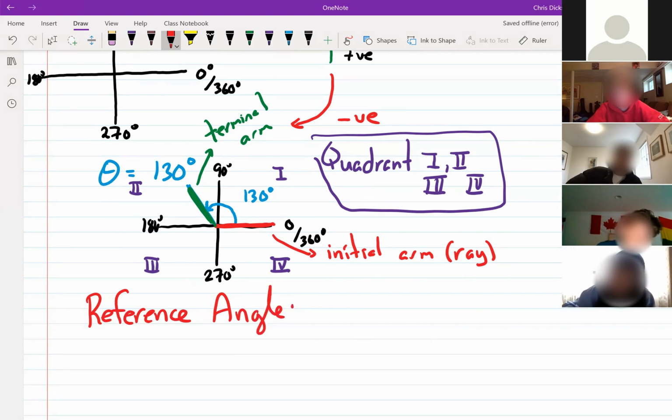And a reference angle is probably the most important thing to find on the diagram. It helps us solve a lot of what might seem like really complicated questions. And so I'm going to write out the definition for this, although you don't have to memorize it. But the definition is the acute angle